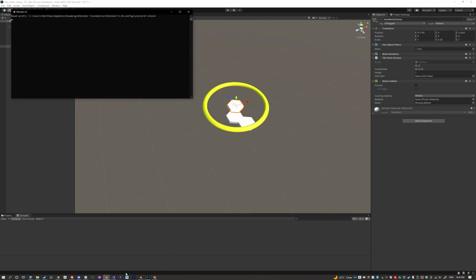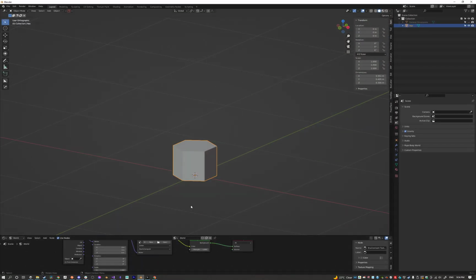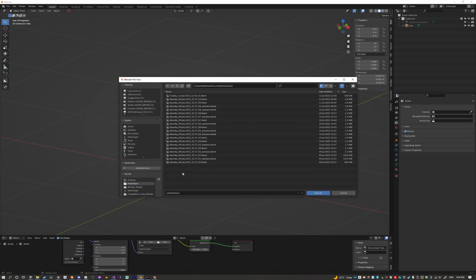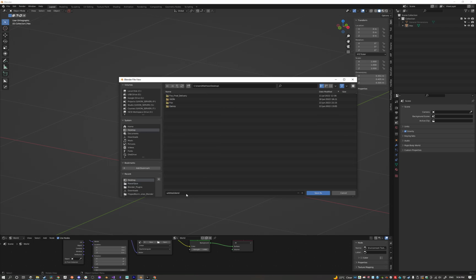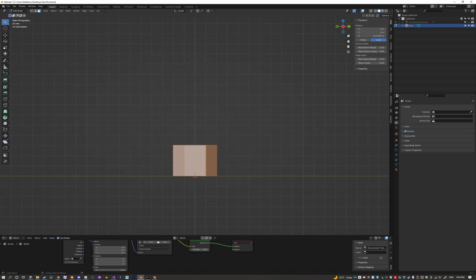So if I jump back into Blender, oops, not a new one. Did I save this file? I should save this file. I'm going to save it on, say, the desktop, and I'm going to call it hex tile. What I'm going to do is I'm just going to go into face, and I'm going to grab everything, delete. And this here, what I'm going to do is bring it down to